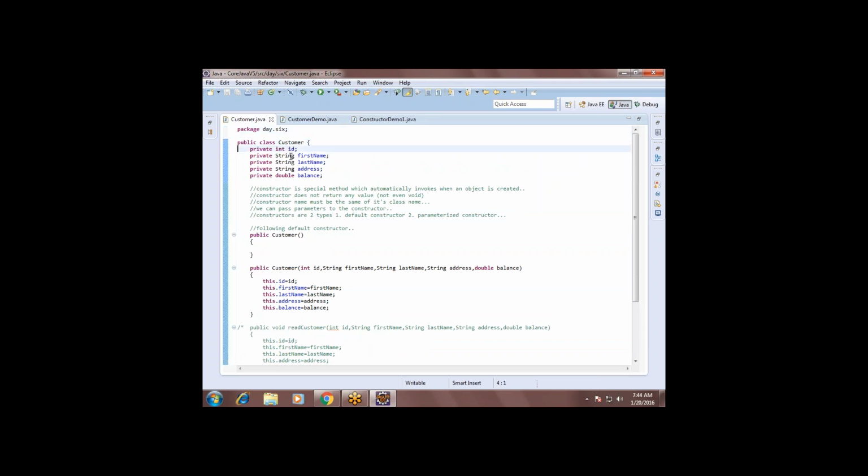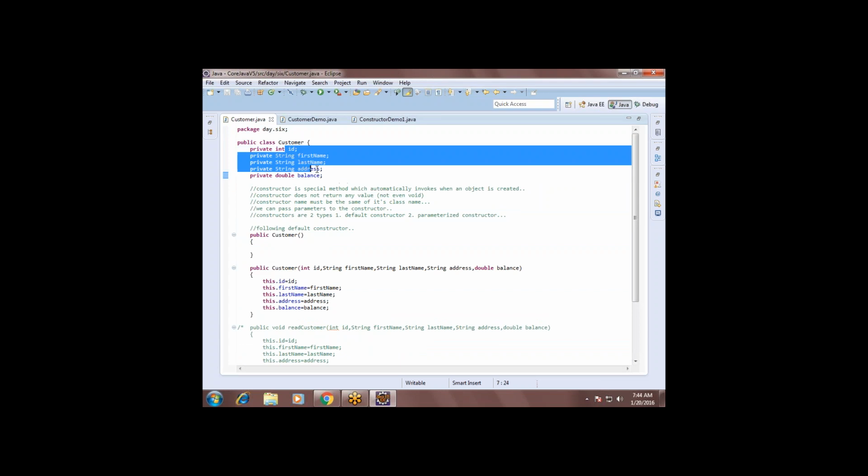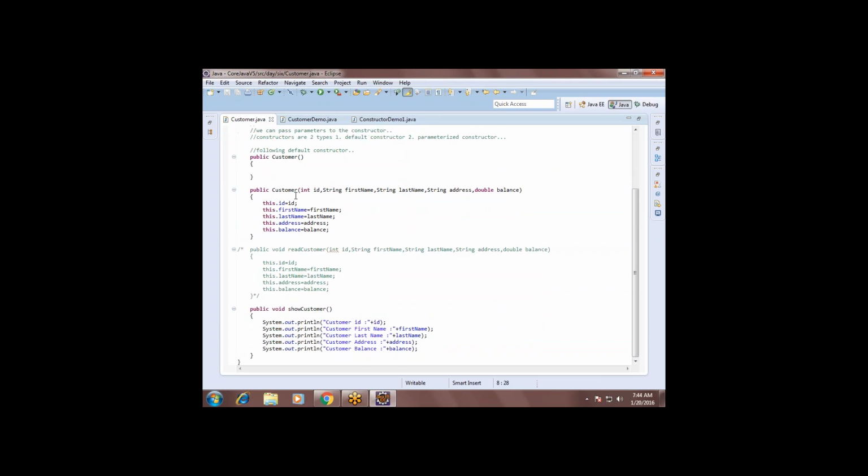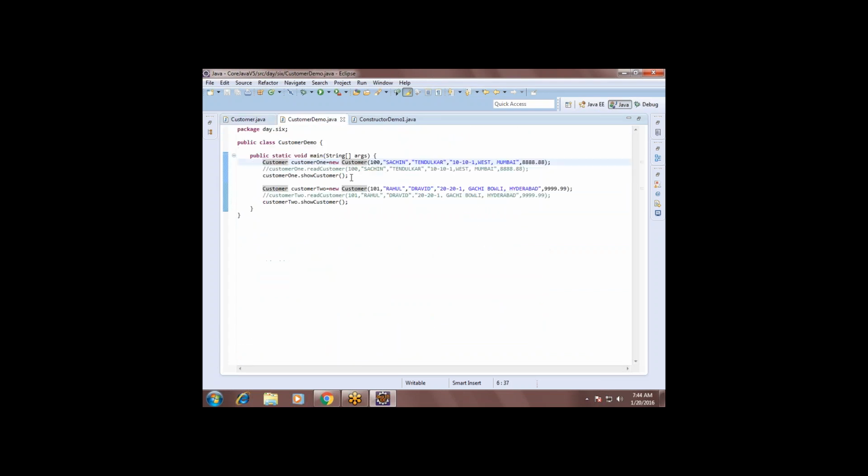See, don't create arrays if you want two or three people's properties. The properties are the same, right? Only create multiple objects. And we will also create an array of objects, which we'll see later in the classes, okay?